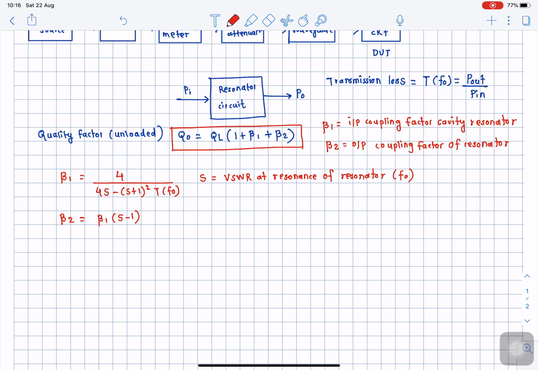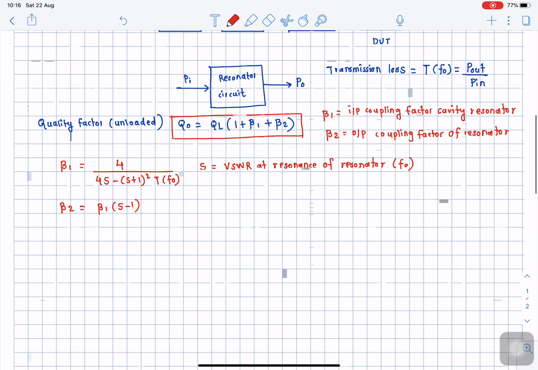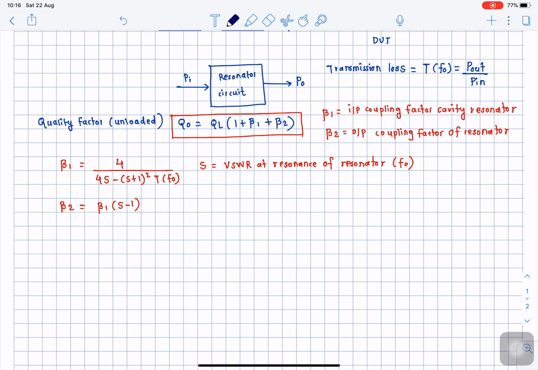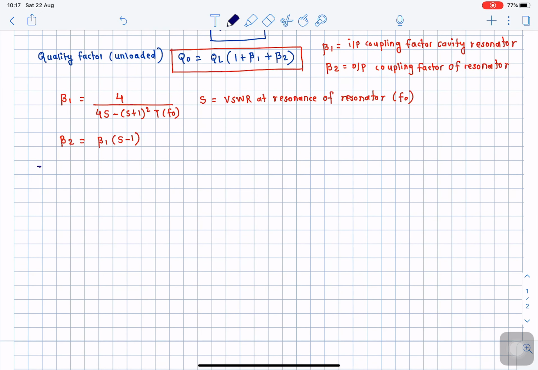Okay, so let us say, if I change the color, say now if Z in, which is represented as R plus or minus certain jX, represents input impedance of cavity resonator